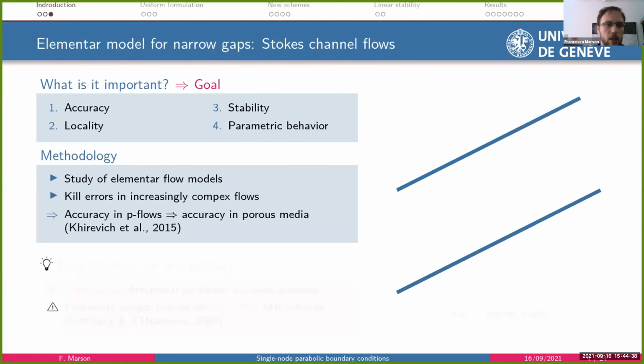Well, the strategy is to start by studying very elementary flows like straight channels, horizontal channels, or inclined channels, and then increasing progressively the complexity of the simulations and of the flows, such that we are able to analyze the errors that pop up as the complexity of the flows increases. It has been shown that an accurate boundary condition also in this very simple test case will then be accurate also